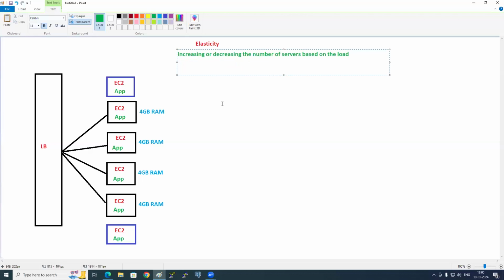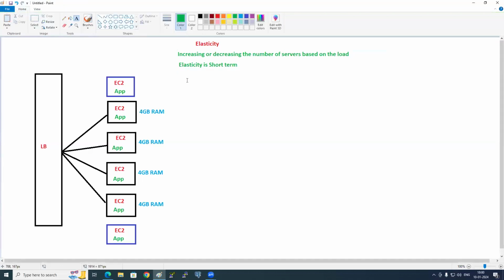Is this elasticity short term or long term? Elasticity is short term. Clear? Super. So elasticity is short term. And now,